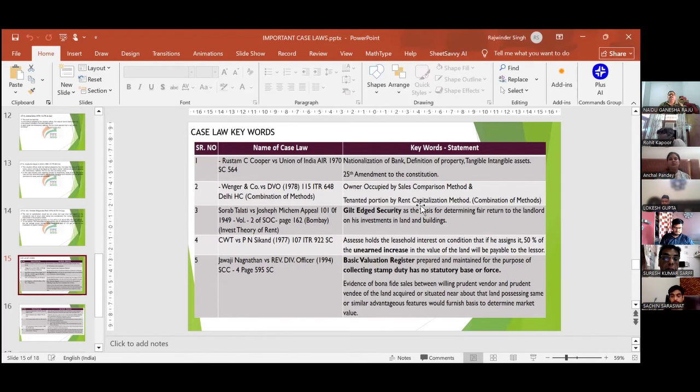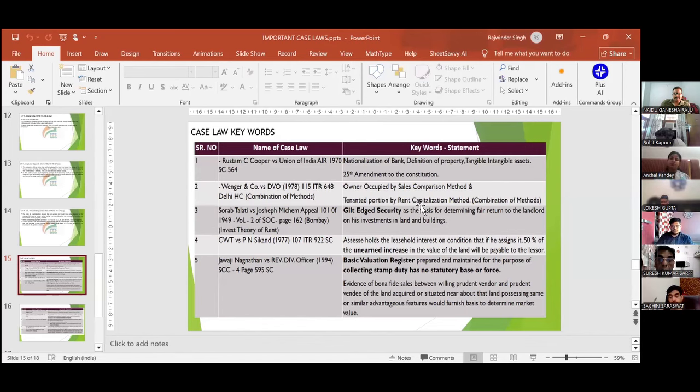Yes sir. So the first one was Rustam C. Cooper versus Union of India. So nationalization of banks. So if you see any words such as nationalization of banks, definition of property, tangible or intangible assets, or 25th Amendment of the Constitution, it means it is related with Rustam C. Cooper